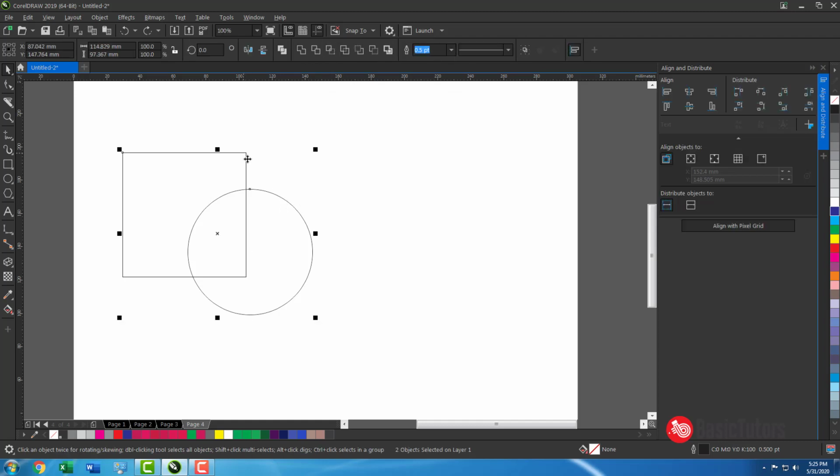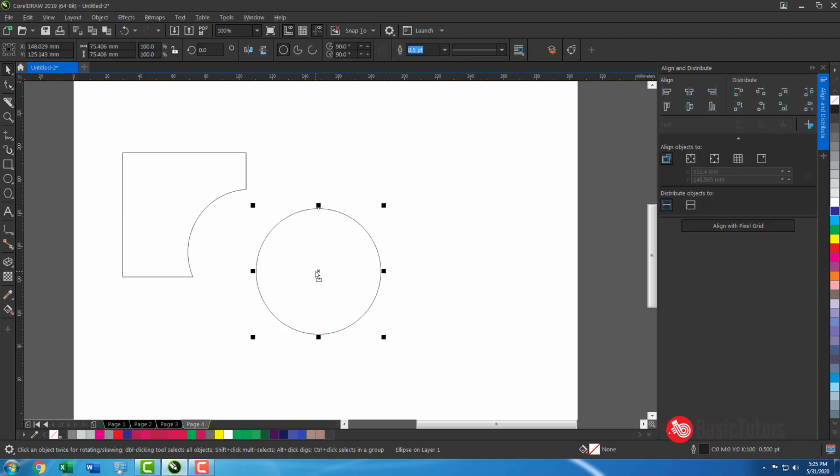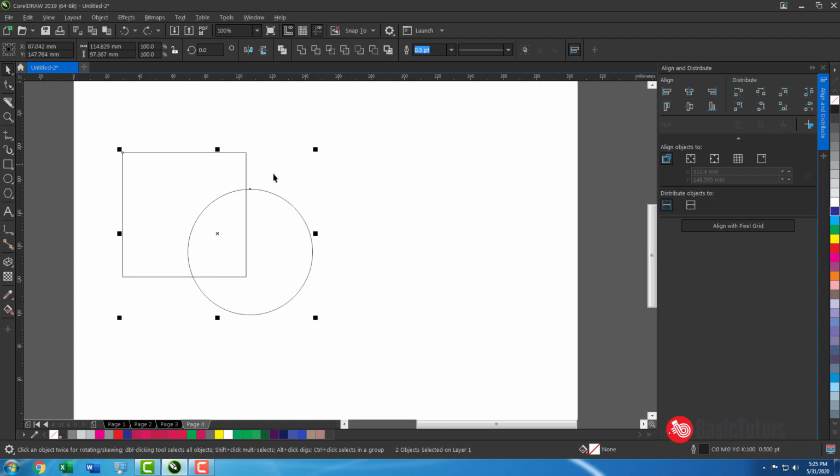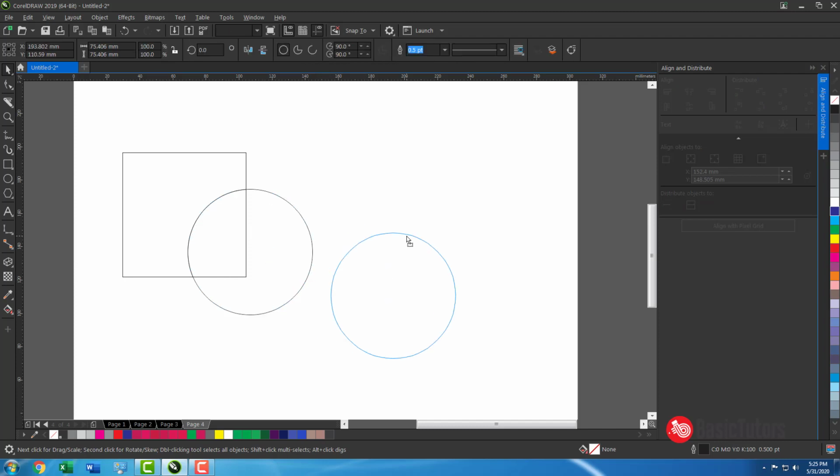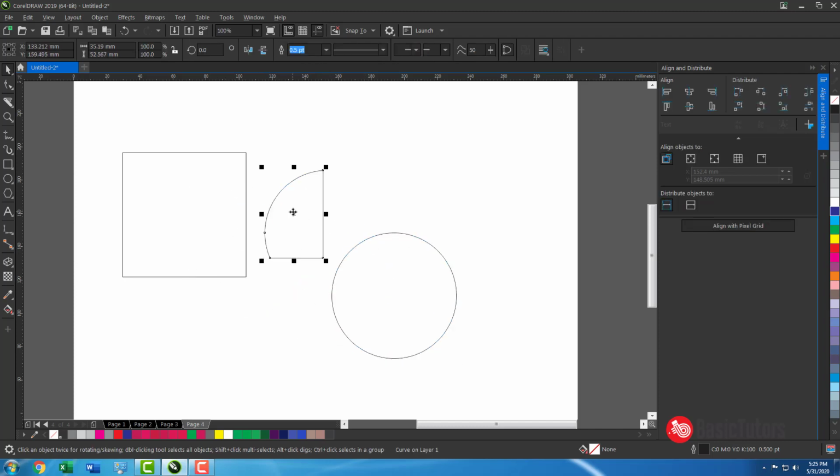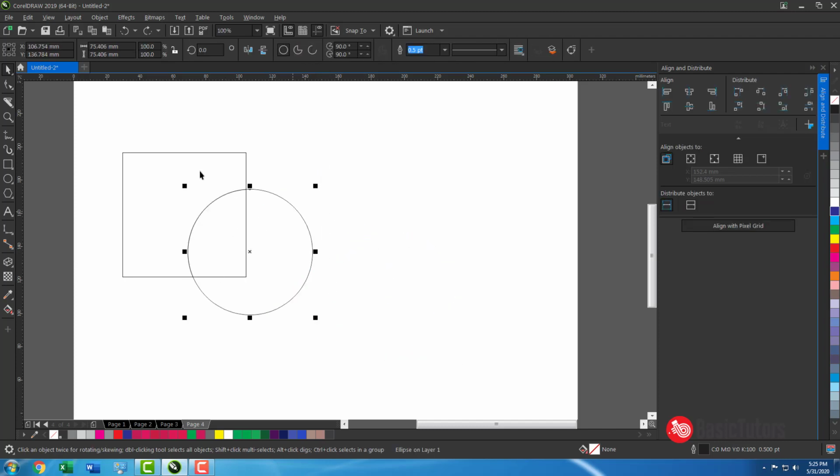This one is the destination object. The destination will get trimmed from the source object. Also the intersect portion is there. This is about weld, trim and intersect.